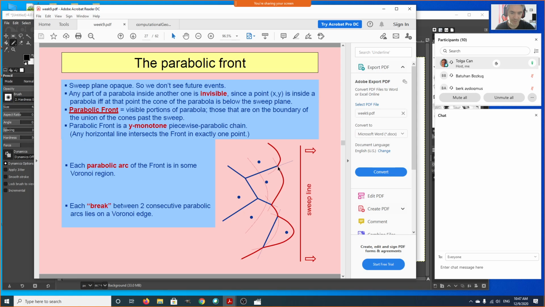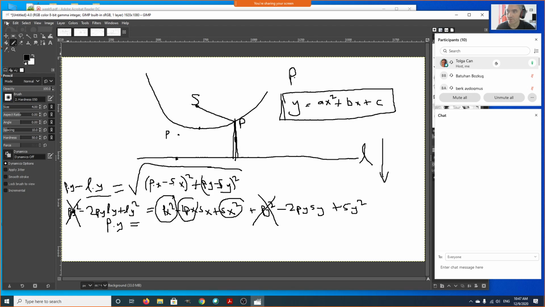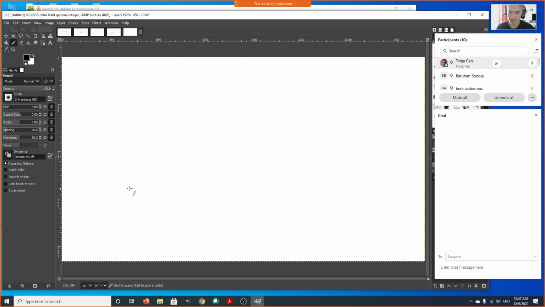So we talked about the parabolic front. And this parabolic front will be the state structure of the sweep line. It's not stored explicitly as parabolic equations. Actually, I'm now going to show you on the whiteboard what we actually store in the state structure. The state structure will still be a balanced binary search tree, but it will be something like this. If we have a number of sites,